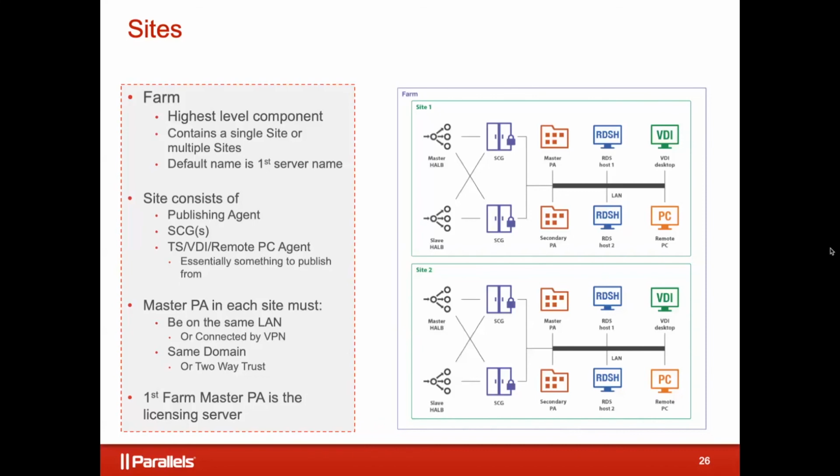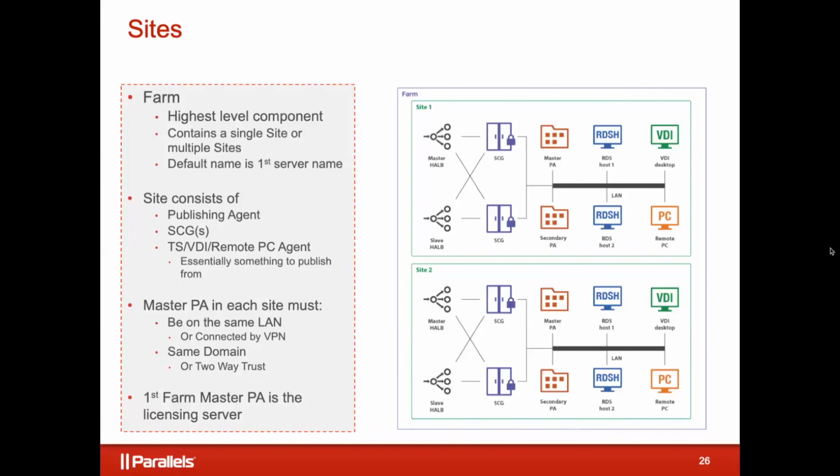So if Site 1 disappears into a black smoking crater, a big earthquake or something, and is never going to come back, well, then you might just want to promote Site 2 to be the master, and you're good to go. It's just a quick activation. It's just a manual step is all you need to know. But you have a full 72 hours if something separates those two, or severs the links between those two, or takes down Site 1.